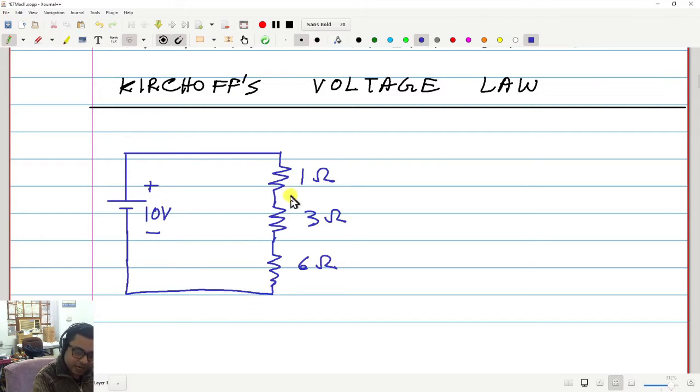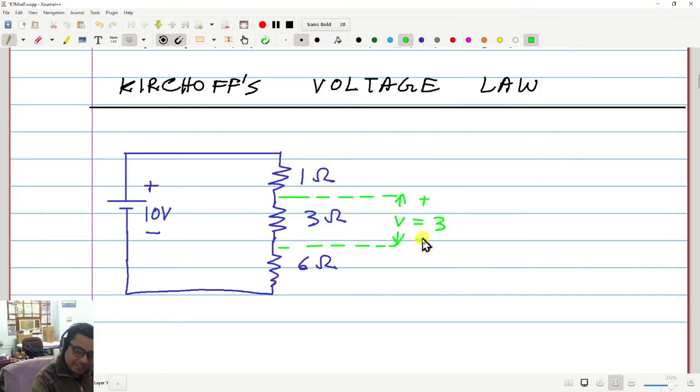If I ask how much is the voltage drop across this middle resistance, if I call it V, how much is V? 3 volt. You are absolutely right, but my diagram is still incomplete, because I have to say which side I am considering positive and which side negative. If I say this side is positive, then as you have correctly pointed out, this value will be 3.